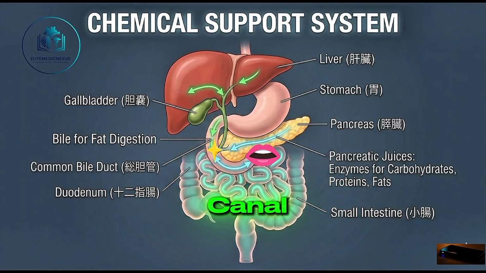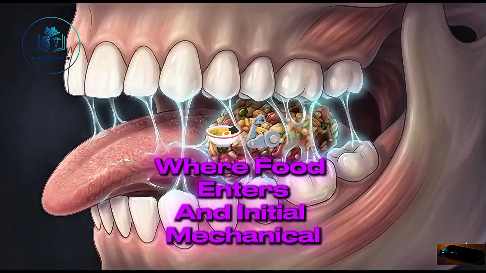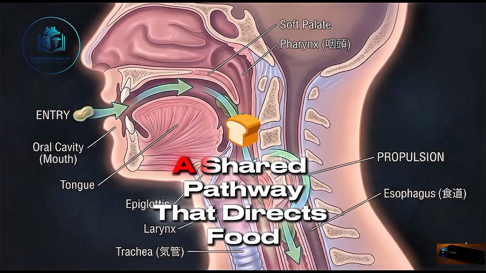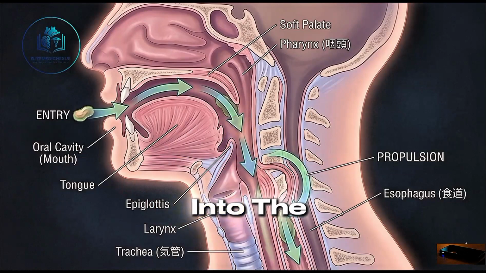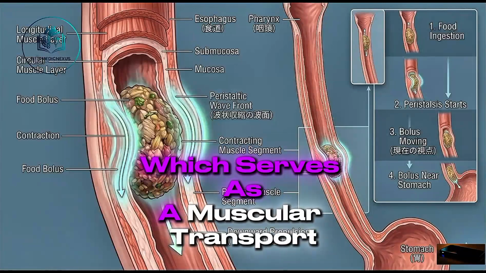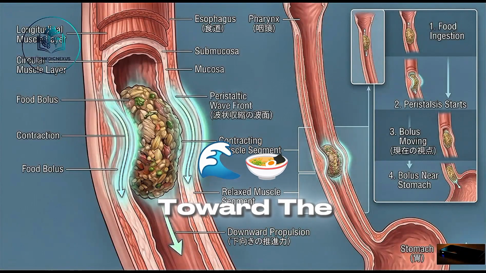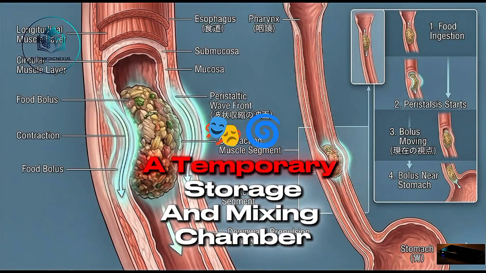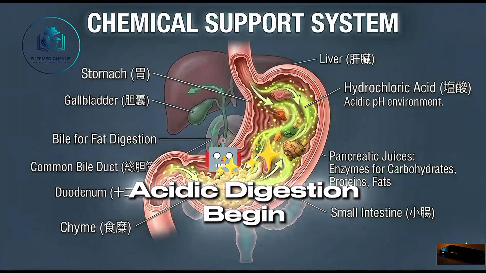The alimentary canal begins at the mouth, where food enters and initial mechanical breakdown occurs. From there, it passes through the pharynx, a shared pathway that directs food away from the respiratory system and then into the esophagus, which serves as a muscular transport tube using peristaltic waves to push food toward the stomach. The stomach then acts as a temporary storage and mixing chamber where mechanical churning and acidic digestion begin transforming food